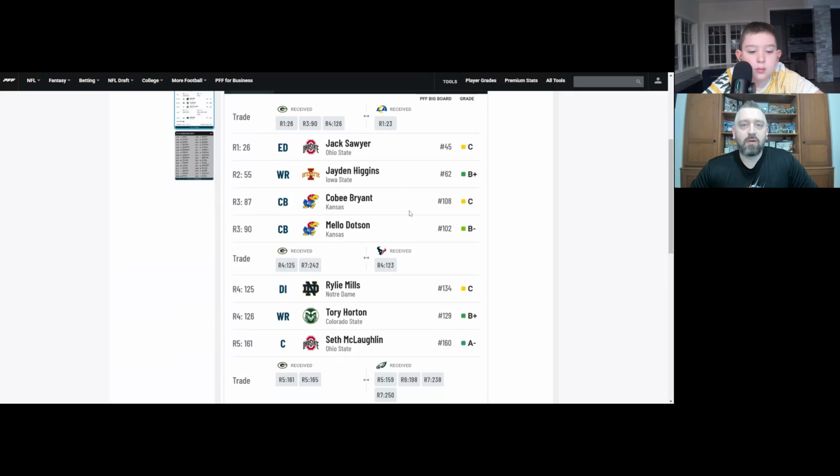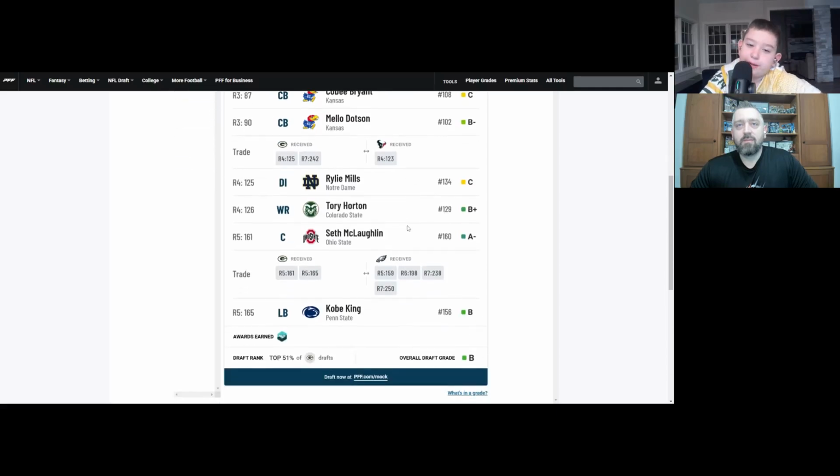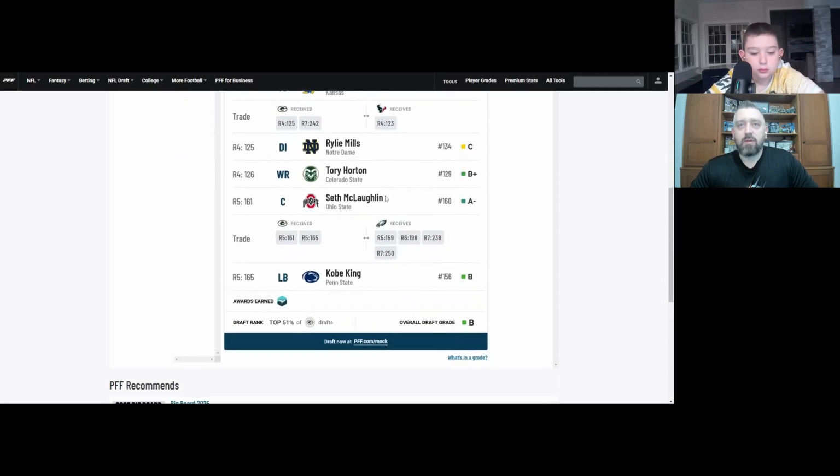And then we took the 2 corners, both out of Kansas, right? So Kobe Bryant and Mello Dotson. Mello Dotson was the better one. Yeah, yep. And then we went defensive lineman, Riley Mills. Again, I'm a big fan of him as well. And then we took wide receiver Torrey Horton from Colorado State. And then Seth McLaughlin, center from Ohio State. You're the best player we got. Yeah, I mean, for the round where we drafted him, right, being able to snag him in the 5th round,